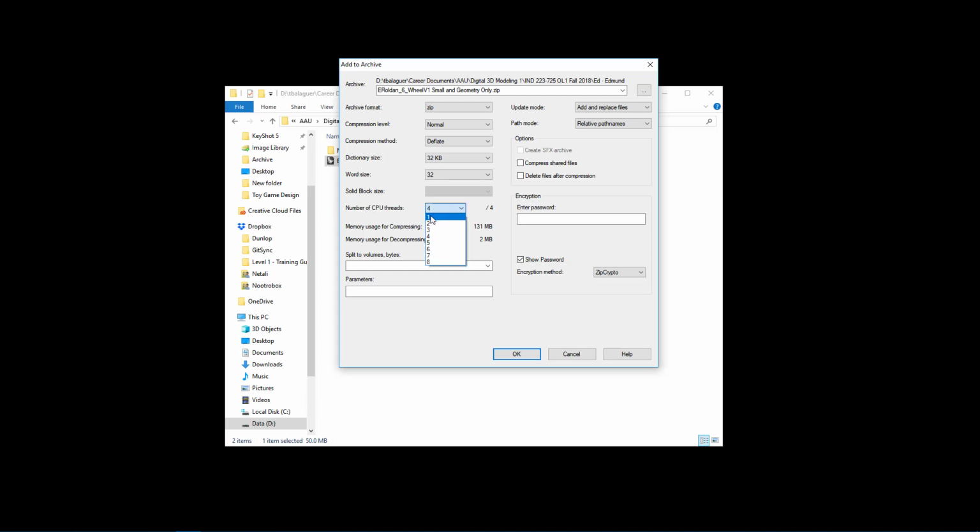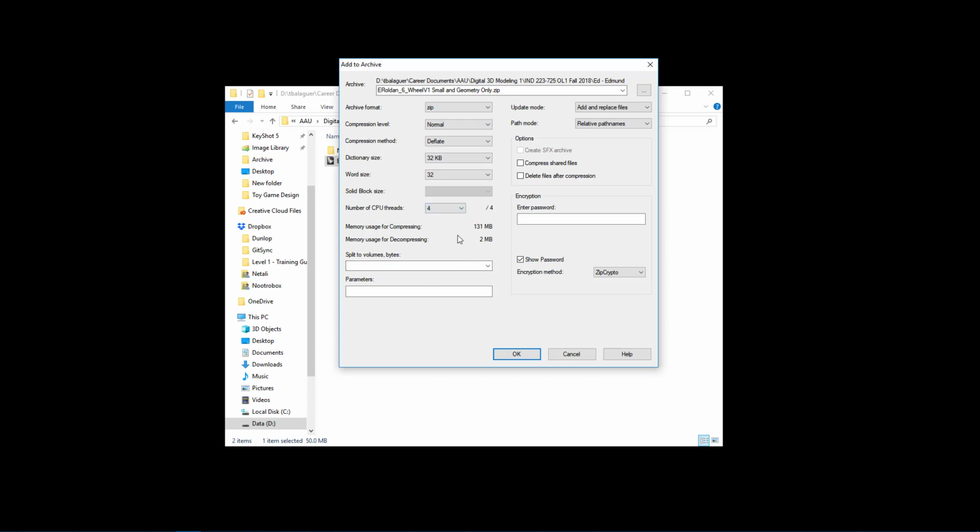So maybe you just want to use one for the compression of your file, or maybe you want to wait until the rendering is done, and then you would use all 4 of your CPU. And again, this is depending on your computer's resources. If you have a better processor, you might have 8 or 32. At the Academy of Art, we have 32 threads. So yeah, depending on your settings, you may want to go with Ultra, and you may want to use less or more of your threads.